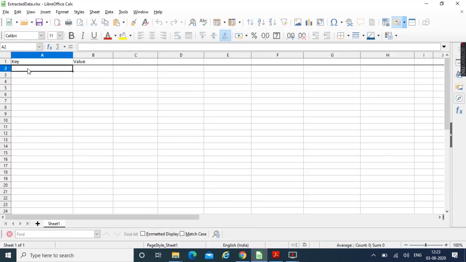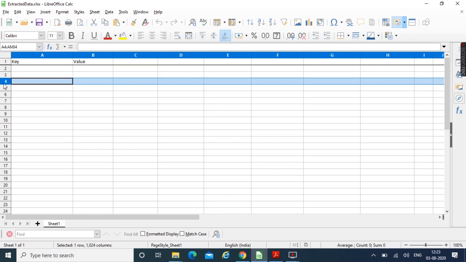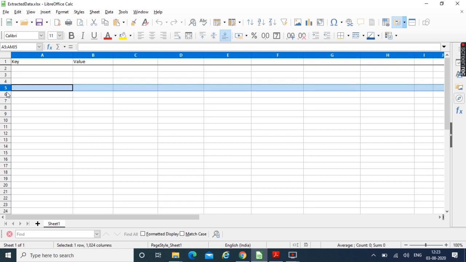For example, for the first iteration, the value will be written inside the cell A2. Then for the next iteration, the value will be written in A3, then A4, and so on. Here you notice that the column name is constant, that is A, whereas the row numbers are getting changed. So we'll have to create a variable for the changing row numbers. Let me show you how we can work on that.